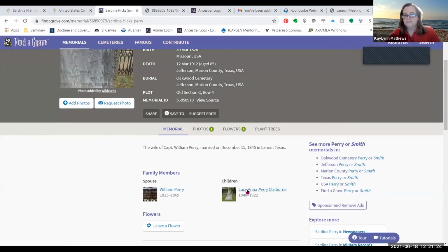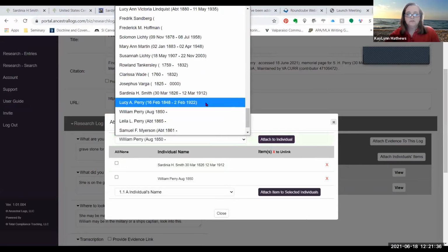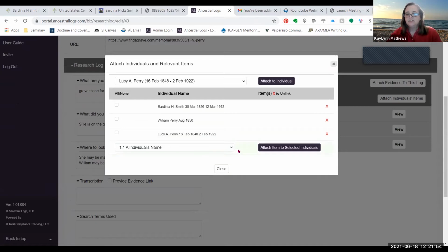Right here is a child, Lucy Anna Perry Claiborne. Anybody that's mentioned on this information. Oh, shoot, I already did William. Lucy, there she is. Sardinia, William, and Lucy are now all attached to this research log. So this information, if I go into their individual page like we had in Sardinia, it will automatically be attached to them. But I don't just want to attach it to the person,